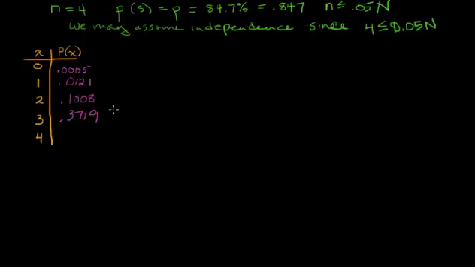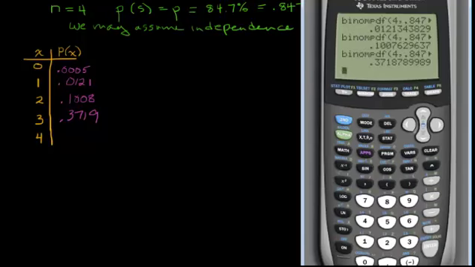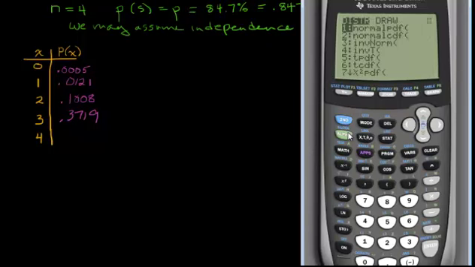And one more time. Second key, distributions, alpha A, enter, enter, and now we want 4. Enter, enter,